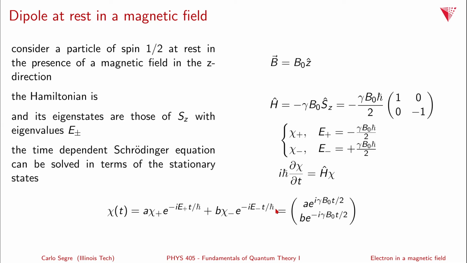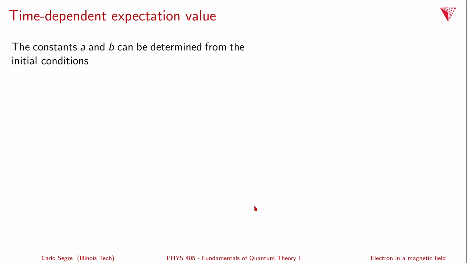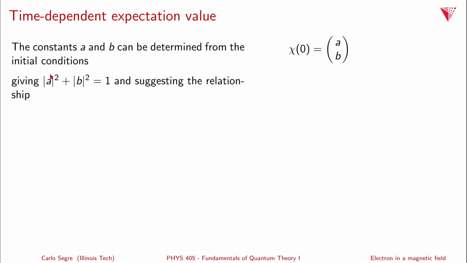And that's simply a vector, one element being a e to the i gamma B sub 0 t over 2, and then the second element being b e to the minus i gamma B sub 0 t over 2, when we substitute in E plus and E minus. The constants, a and b, are determined by the initial conditions. So at time equals 0, the spin state is given by the vector (a, b). Assuming that a squared plus b squared is equal to 1,